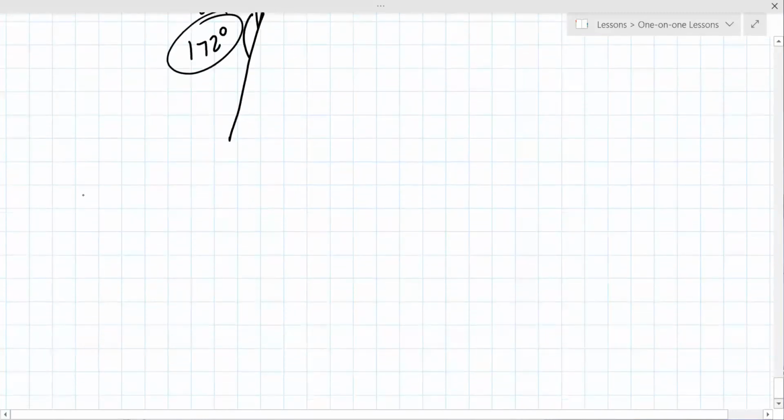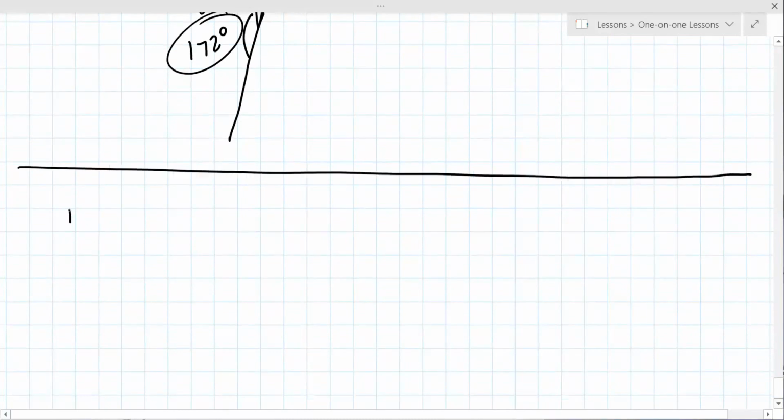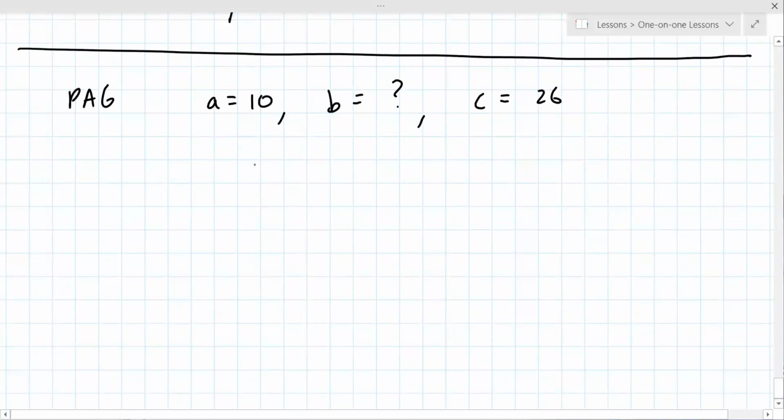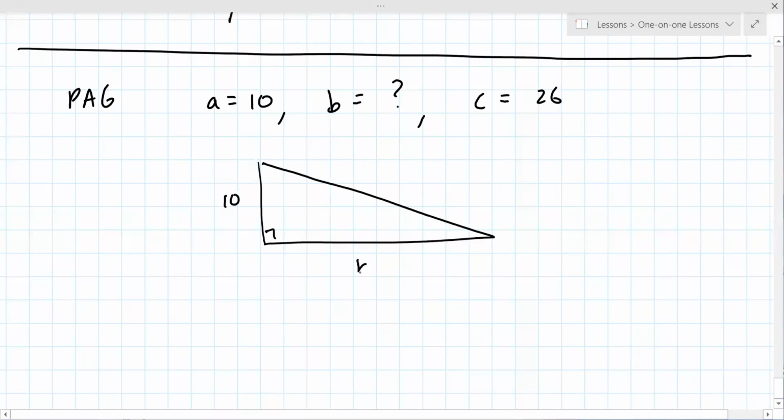All right, we're going to close out with a couple of Pythagorean questions here. Let's say that I tell you that A is 10, B is unknown, and C is 26. How do you find B? This is 10, this is B, and this is 26. What's the relationship? So it should be 10 squared, or 100, plus B squared equals